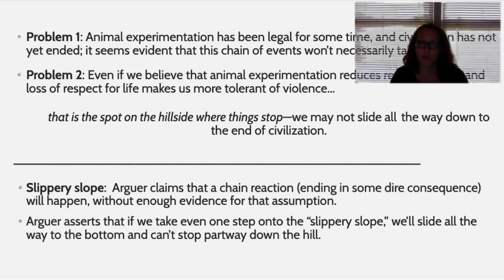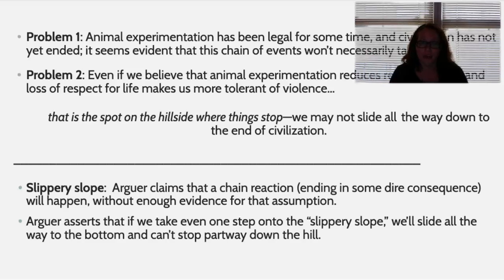is called a slippery slope, because the idea is that it's a chain reaction, meaning that if you take one small step in this direction, it's going to end in some dire consequence that's irreversible and that you won't be able to stop. We use this a lot with news when people are reporting about new policies and things happening. If we vote this way, if we allow this to happen, terrible things will happen and it'll be the end of the world and all this kind of stuff.